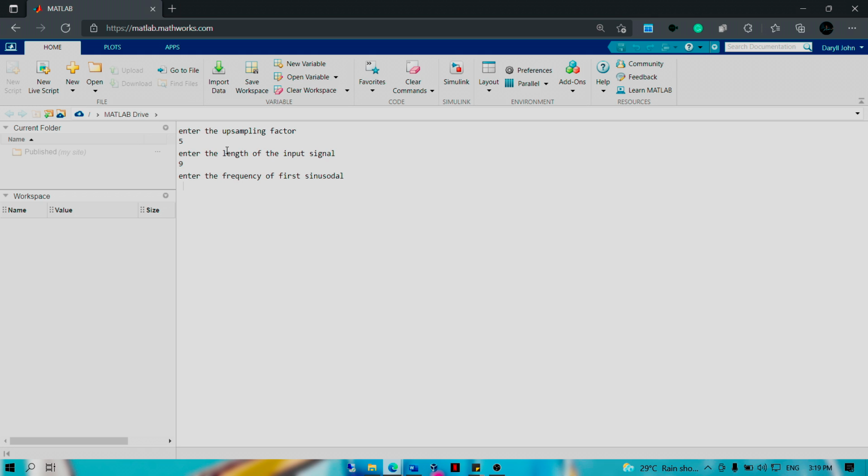Then for the frequency of the first sinusoidal, we want 0.1 and 0.3. These input values will help us see what really happens with upsampling. So with that,